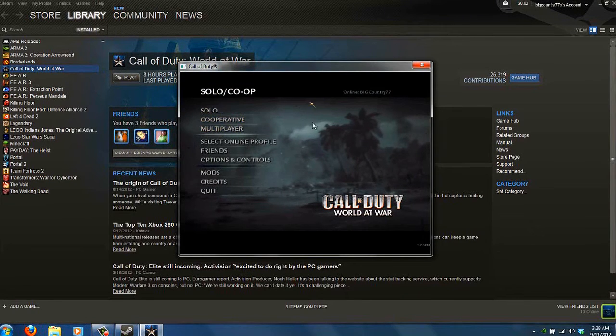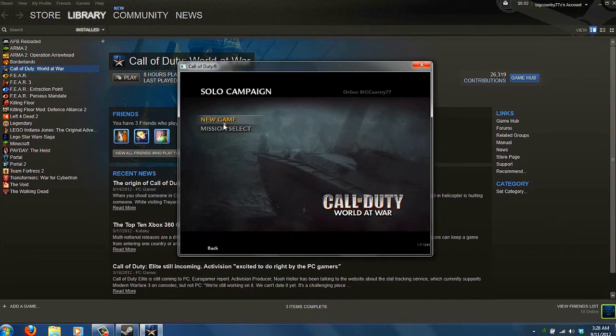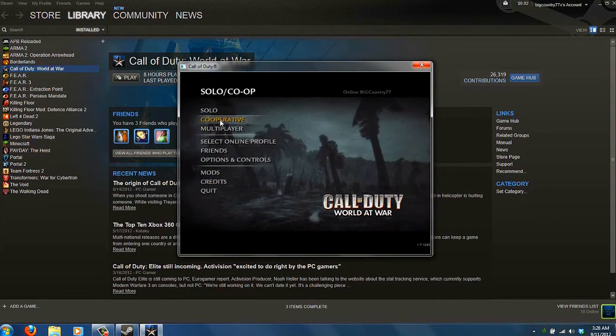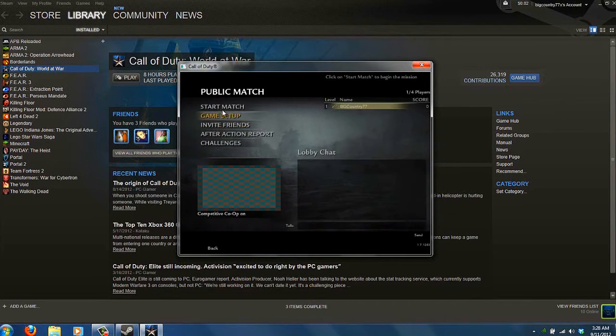The map is loaded, but you can't really tell that it's loaded, right? So if you click solo, it's going to go into mission select. So if you click multiplayer, no, I'm sorry. Click co-op. You want to host online. See, here is your map, right? You want to go to game setup,